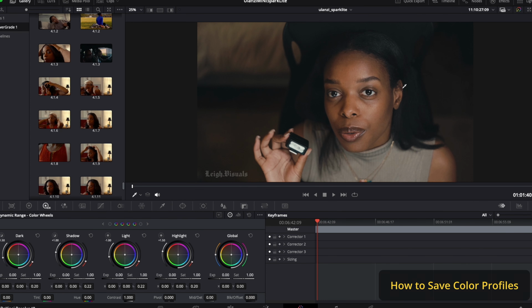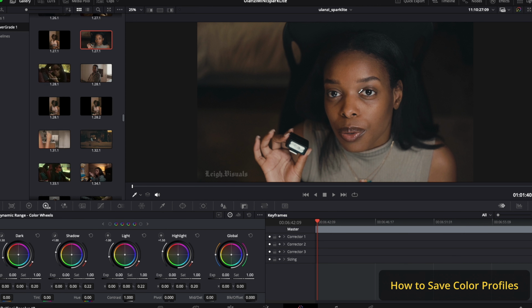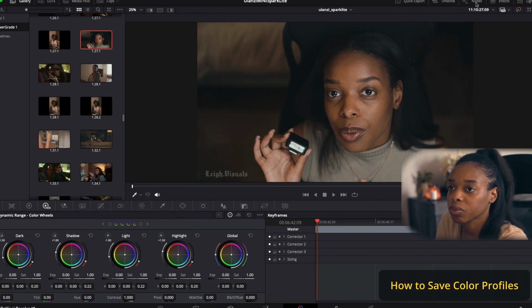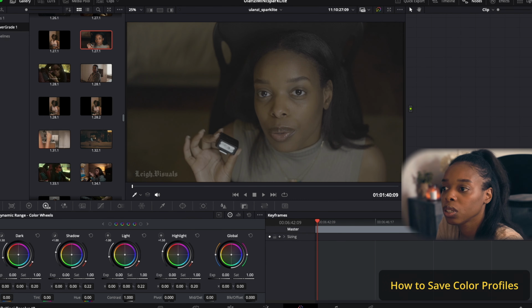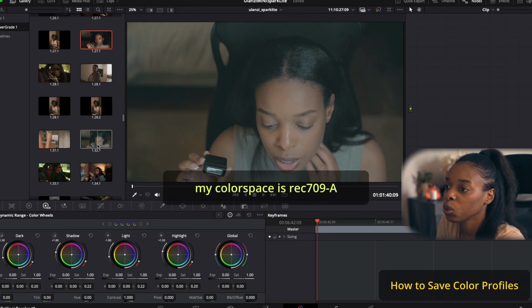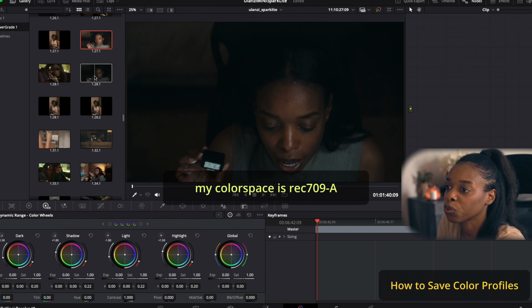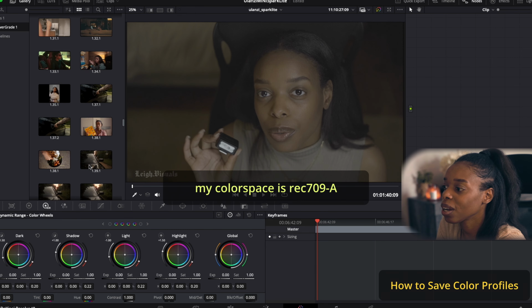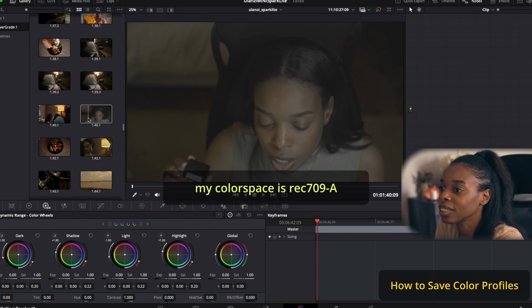Let's see, I got so many, y'all. I'll just be doing it for everything. Okay. And what that's going to do is it's going to create a profile and it's going to be over here in your power grade, or it also may be in your stills. So let's kind of show what that does. So let's say this is just the log footage right here, and I can just come through here and pick out which color profile I want to use for these looks. So I have quite a few. I need to delete some, but